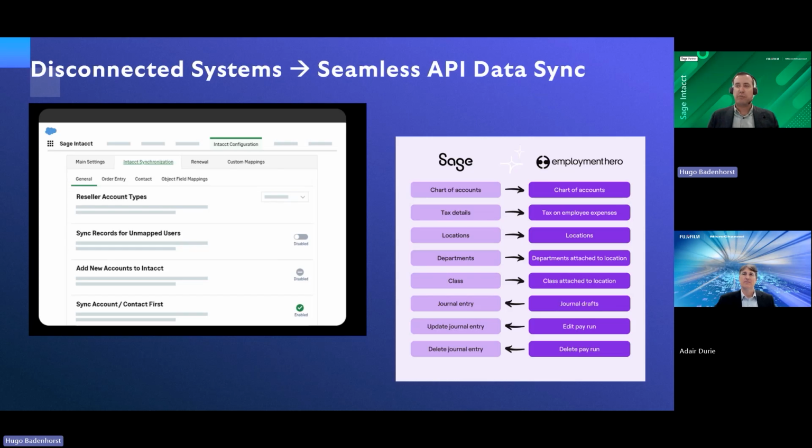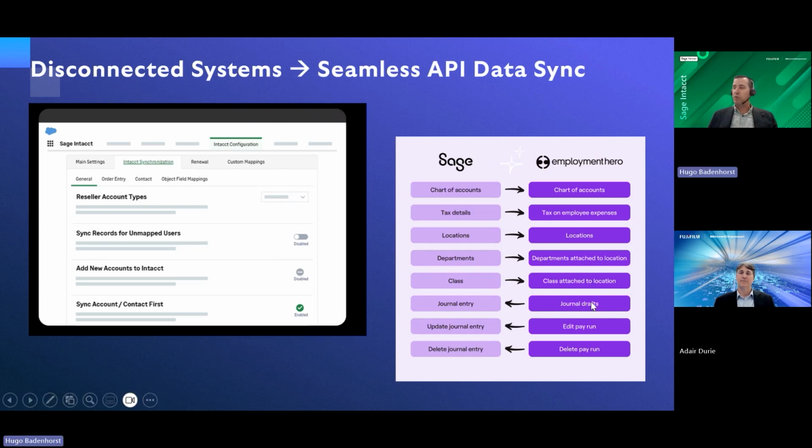The other one, from a payroll perspective, quite a popular one, when we look at Employment Hero, it's again got out of the box integration to Intact. So if you've got an Employment Hero subscription running your payroll, that can straight away come into Intact as part of your subscription. There's no additional cost there. And things to note there, looking at the chart of accounts, that will populate the chart of accounts across into Employment Hero, the tax details, and then looking at your dimensions, your locations, department, classes, all of those dimensions going across into Employment Hero. So you can set up effectively the mapping as to where that needs to go when we process that. So when you do that pay run, and we finalize the